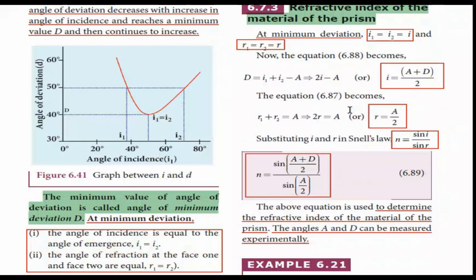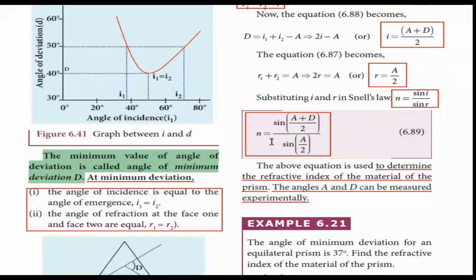Then the equation 6.87 can be written as R1 plus R2 equal to A. That means 2R equal to A. Therefore R, the angle of refraction, is given by A by 2, that is half of the angle of the prism. So substituting values of I and R in Snell's law, n is equal to sin I by sin R,